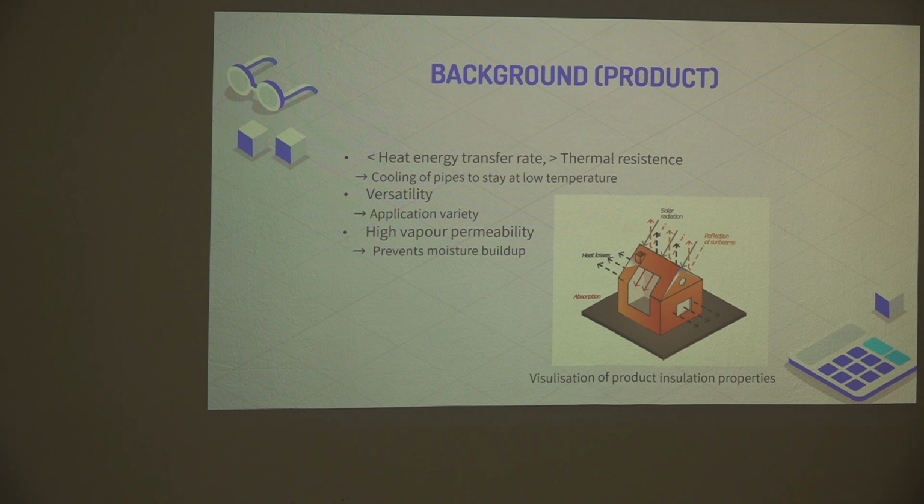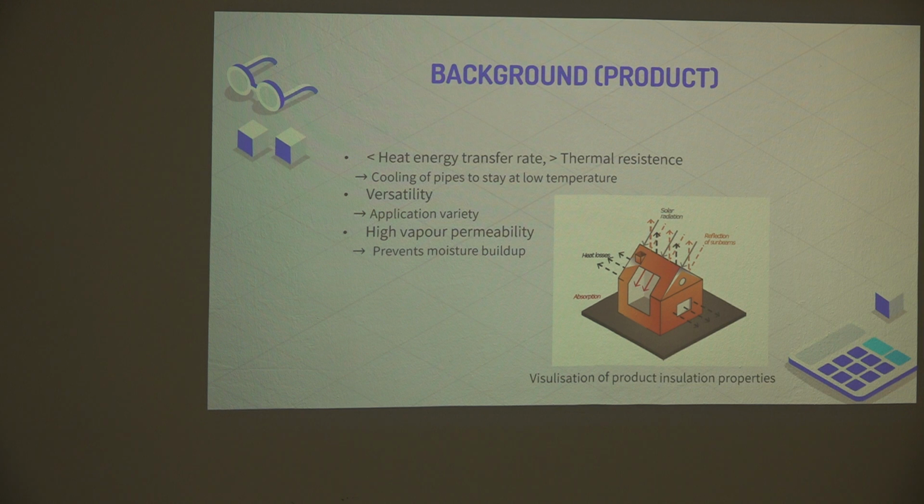Okay, so now moving on to the background of our product. The main product we'll be testing out is this thermal insulation coating, and more properties about this paint is that it has a low heat energy transfer rate, meaning that it has a greater thermal resistance of heat transfer. This allows the pipes with the refrigerant fluid as shown before, flowing through the pipes to stay cool. So this process reduces the overall energy consumption and associated costs in cooling the fluid by minimizing the heat load